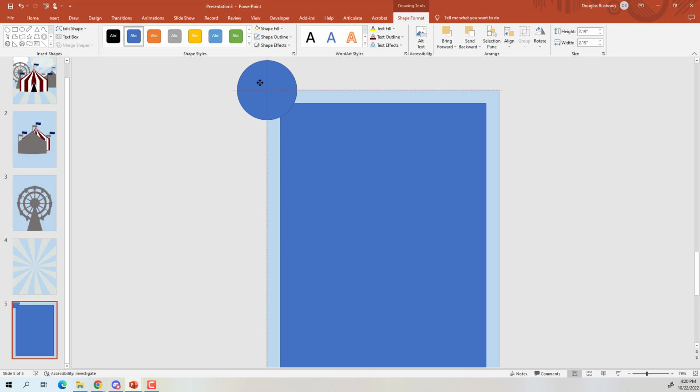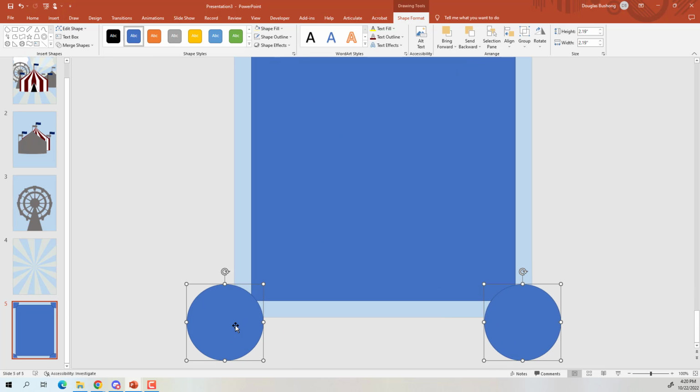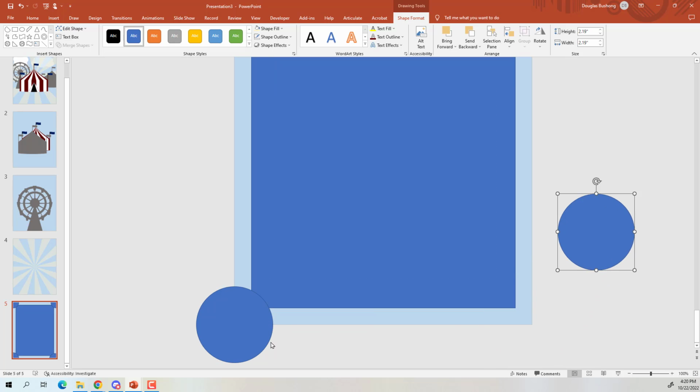And I want to line this up so that it lines up, there we go, perfectly on the corner. And I'm going to make a copy of this at a few places. And as I copy it, I'm going to bring two more down here. I like doing these one at a time because as you're trying to get them lined up, one of the things that can happen is you get a